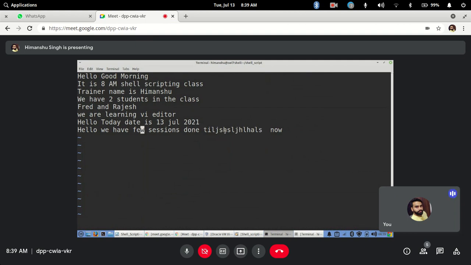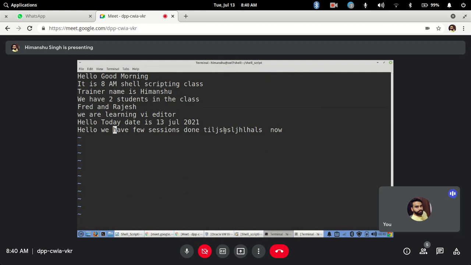Same way, as we had capital I, if you want to enter at the end of the line, I will simply press shift A. In command mode, whatever command I am pressing should be in command mode. Insert mode is for writing. Once you have finished writing, editing or deleting, come back to command mode using the escape key. I have a habit of pressing escape before I execute any command, so that whichever mode it is in, it will come out.